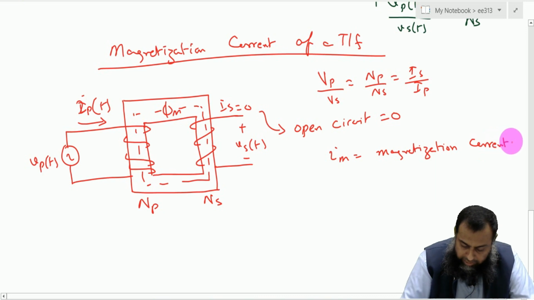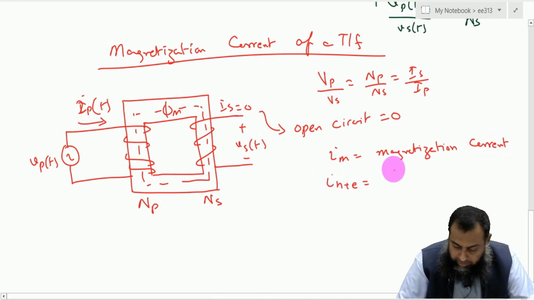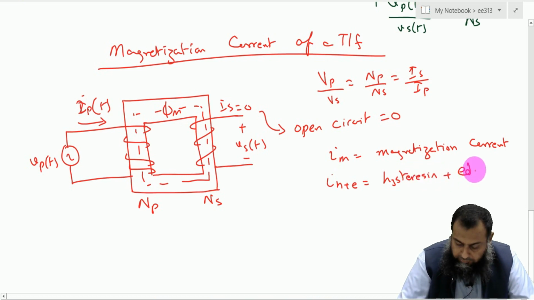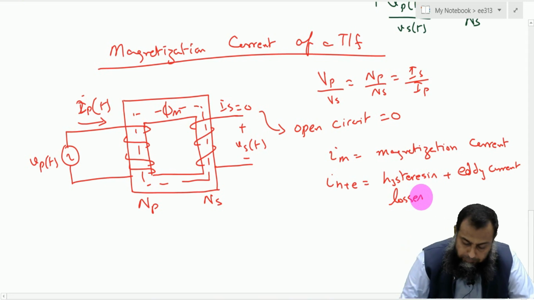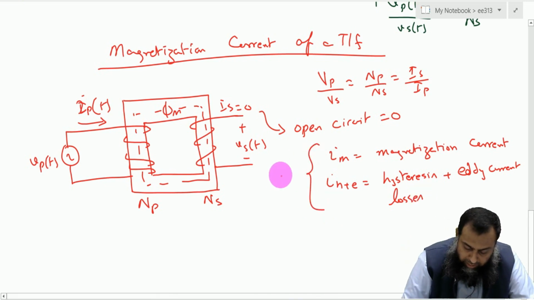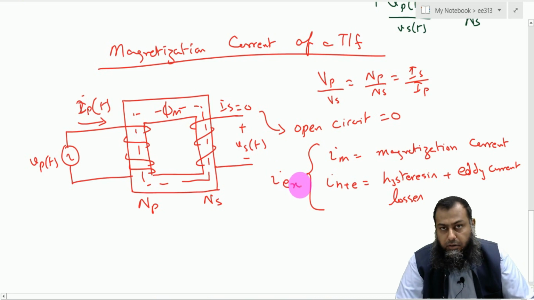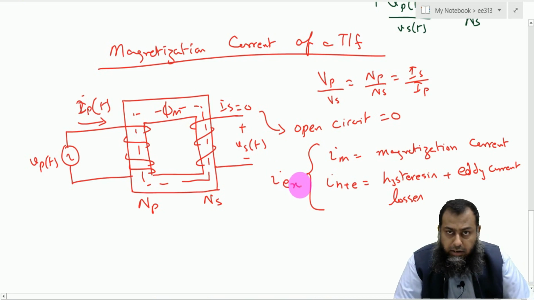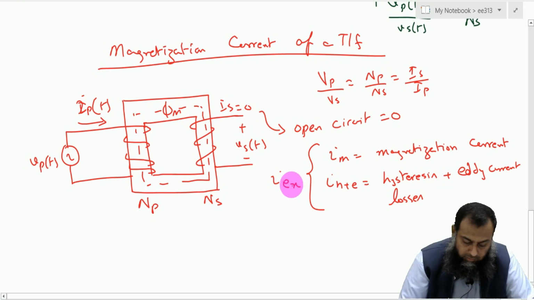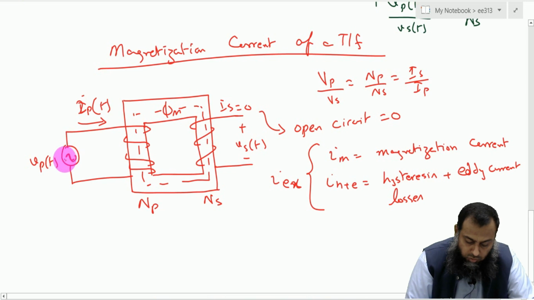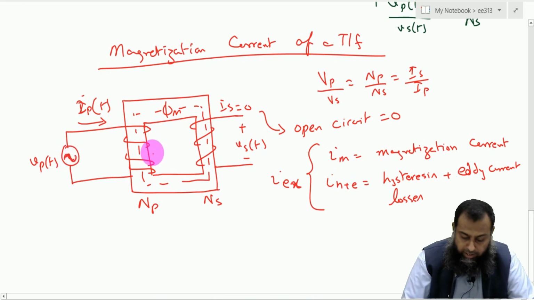and the second one is IH+E, which are the hysteresis and the eddy current losses. And these losses also happen because of the flow of current. So there is something which is producing these losses, and therefore the sum of these two is known as the IX, or the excitation current of a transformer. Excitation current is drawn by a transformer whenever we connect some excitation source to a particular transformer and its secondary is